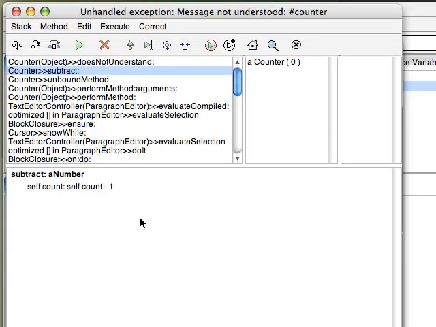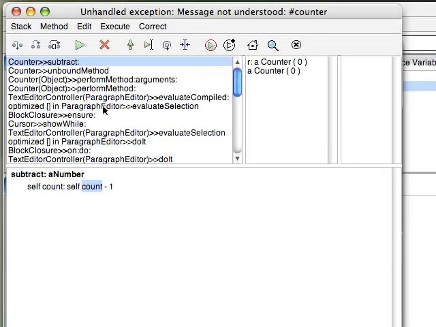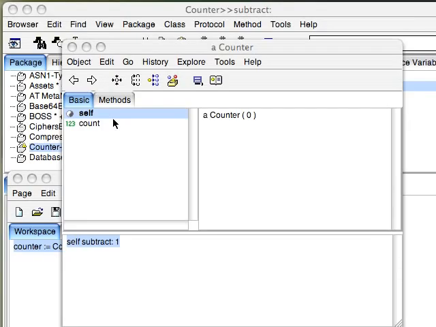And you'll notice what happens when I hit accept here. Notice the stack rearranged itself, and that's because Smalltalk is a live environment. I can go ahead and fix the code in the editor and then hit run, and it just proceeds as